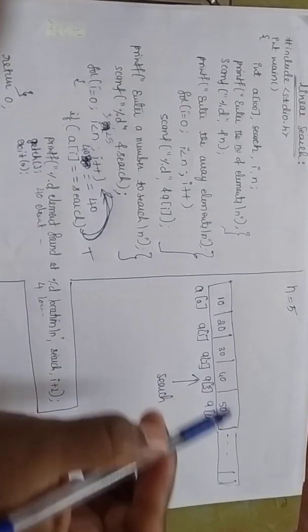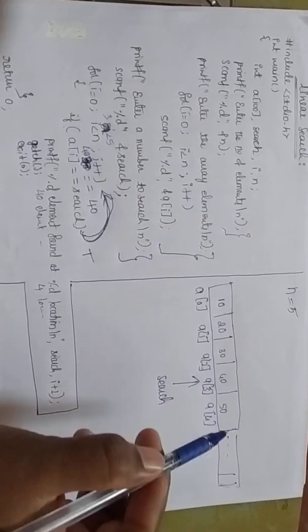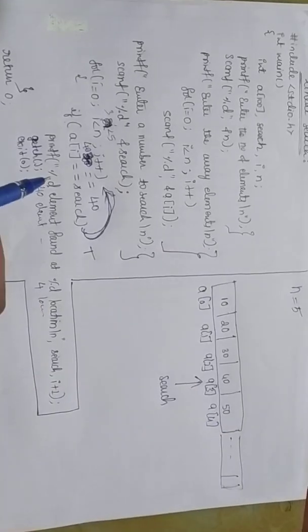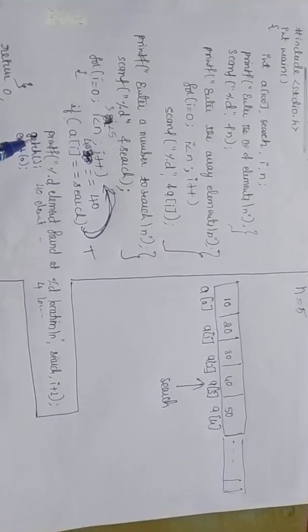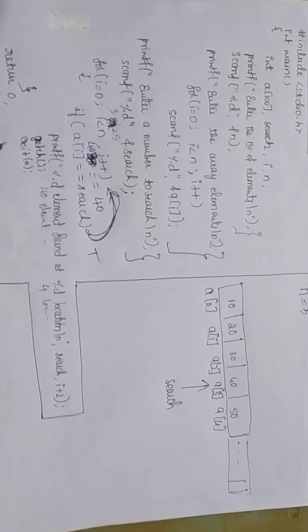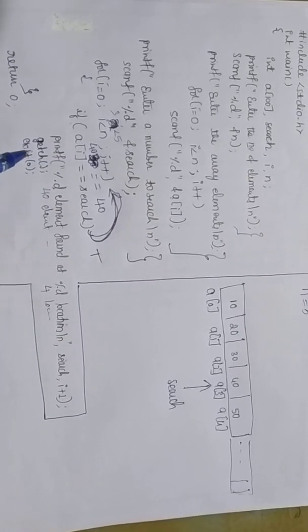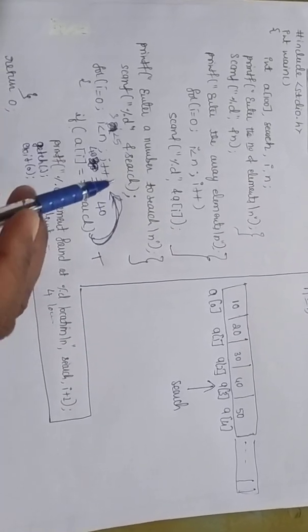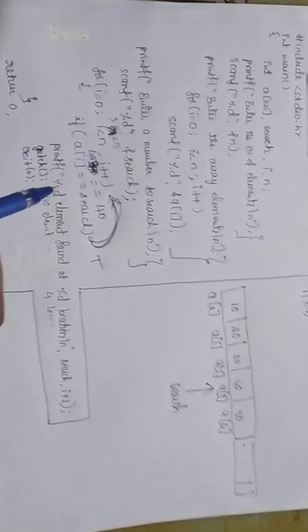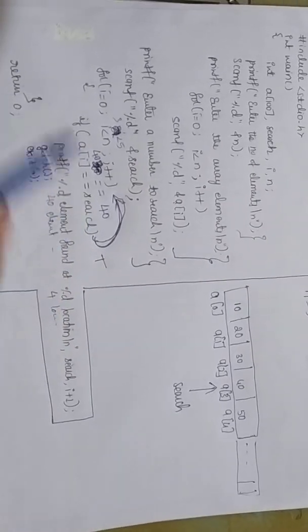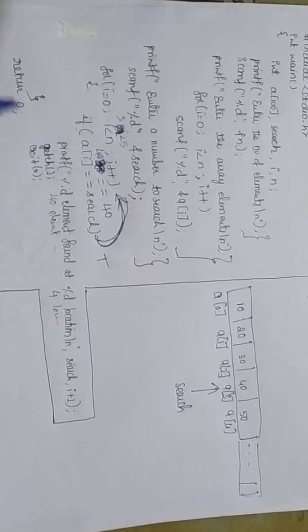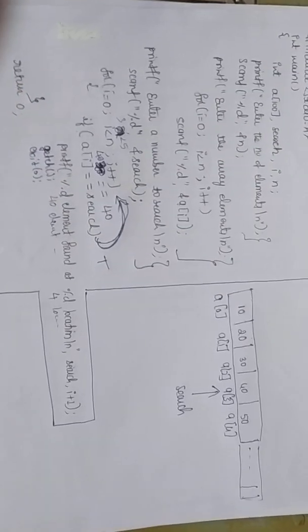See, one more element is there to compare here, but I am not going to compare it. I am going to quit from the program by giving getch and exit of 0 for Windows users. It means in the middle of the loop only you have got the output, so you are coming out of the loop as well as out of the program. Then return 0 and finish the program.